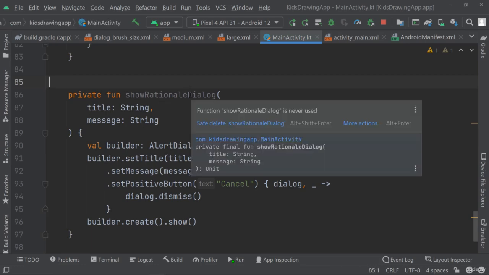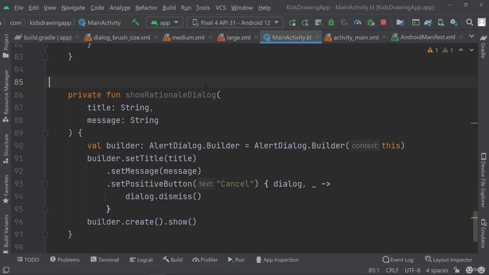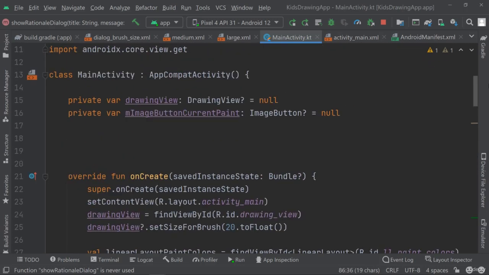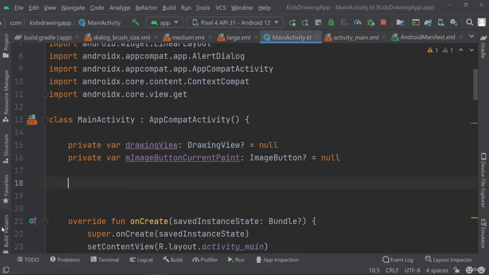So that's something you can really do when you build your projects. Really try to reuse as much code from other projects where it makes sense. So here it really makes sense because this is just a general functionality that I want to use, and that is just to display an alert dialog with a builder, and then set a message that I can pass, as well as the title that I can pass to this method. Okay, so now we have this private function, and now let's go ahead and go over to the top of